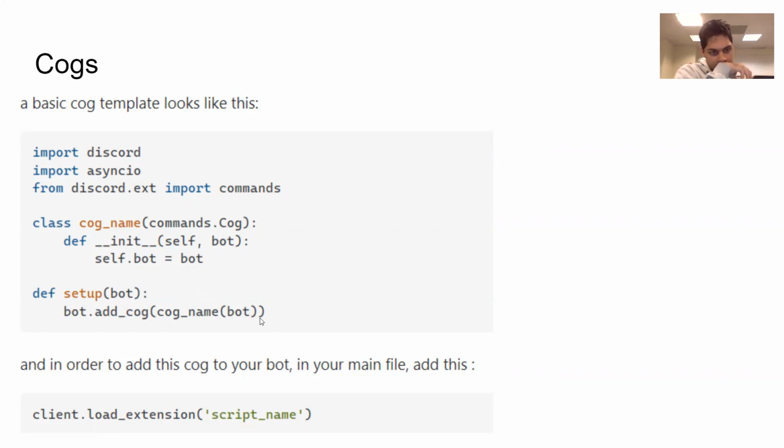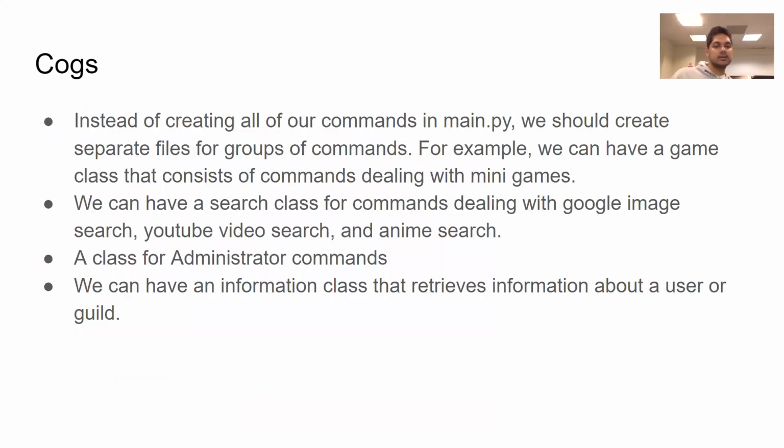And yeah, this always needs to be here, like this kind of template. In addition to this, there's a cog.py file, or whatever the name of the cog is, .py. I would store all cogs in a folder, actually. So inside of our main.py, we need something like client.load_extension, and that tells our bot, hey, look at this file. This file is part of our bot essentially. But we need to have this in our main file.